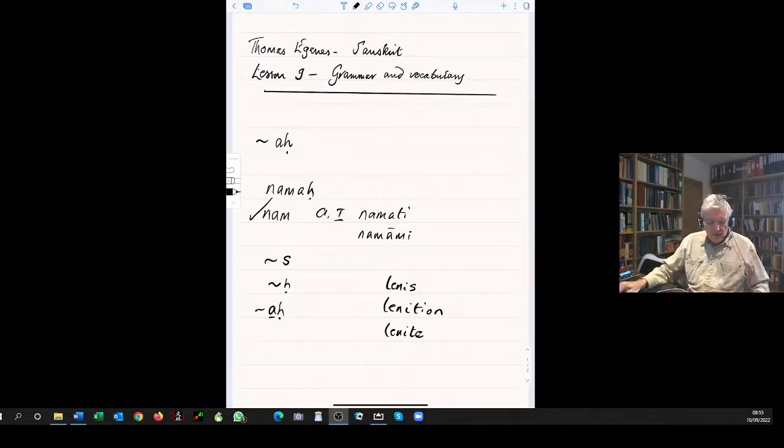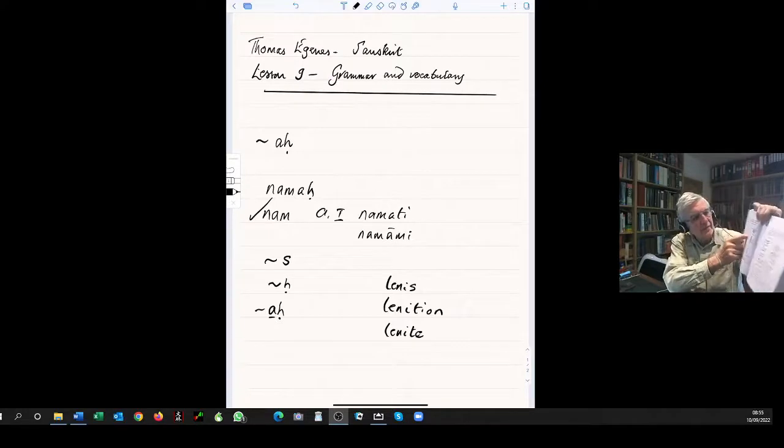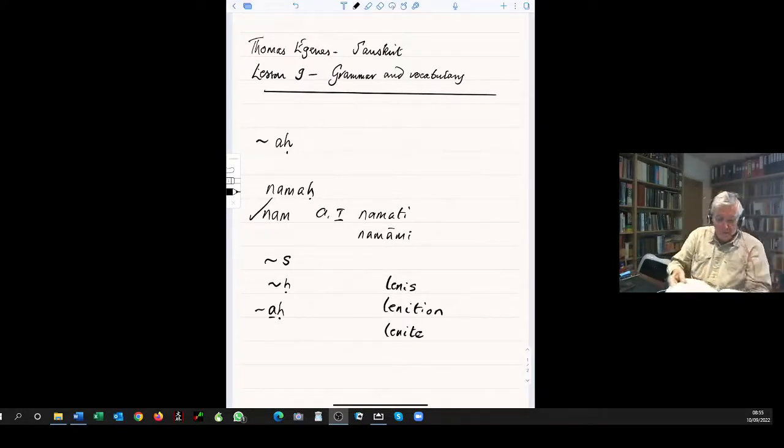Look at column 3, the first series. I'm going to point it out to you here. See this one here. So if I put my finger on the right place, yeah, down a whole series of. So if the rule is, look at the initial letter of the second word. If it's a g, j, d, b, the nasal, the y, v, r, l, or h, all of these